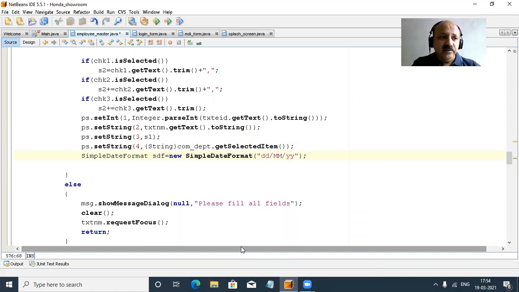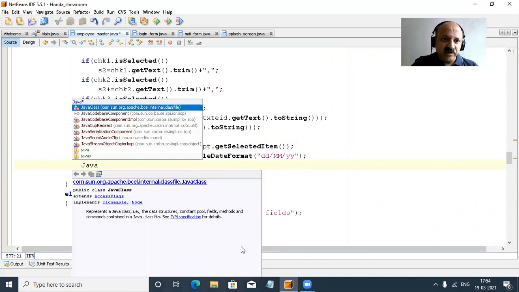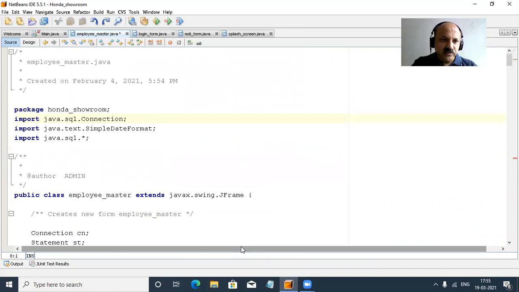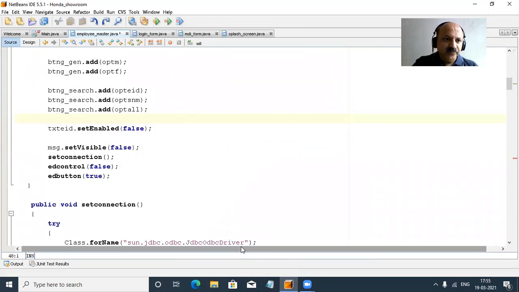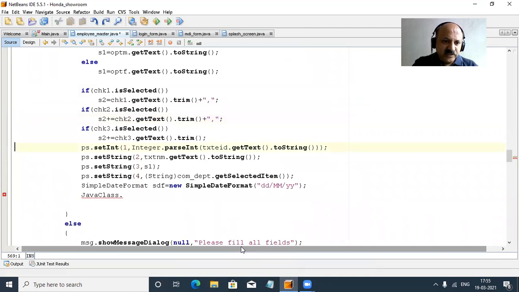So that is perfect. So we can provide the yy. Yes, perfectly dd MM yy, and then the java dot util package. Yes, that Java library. Okay, so what happened? Yes, control z. So yes, here the Java class is there.